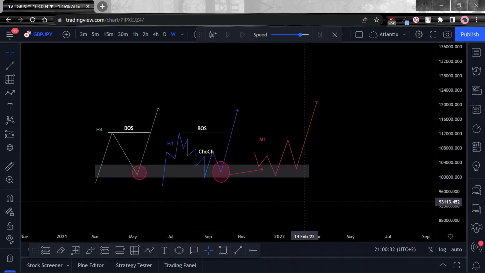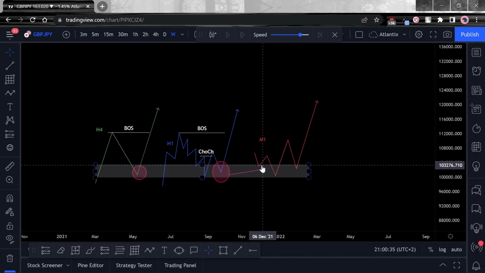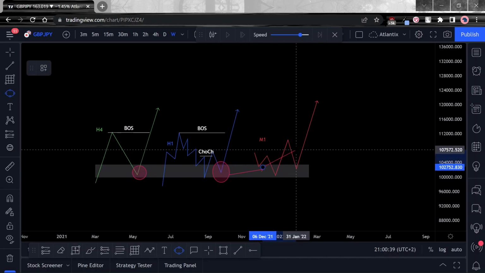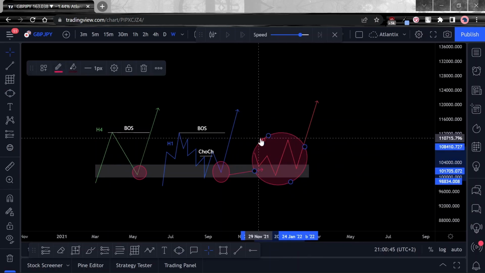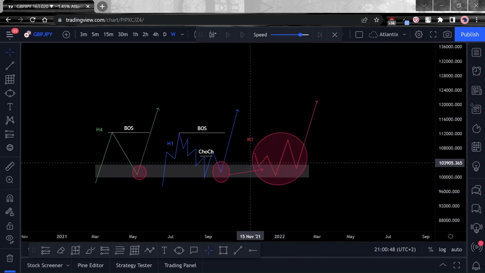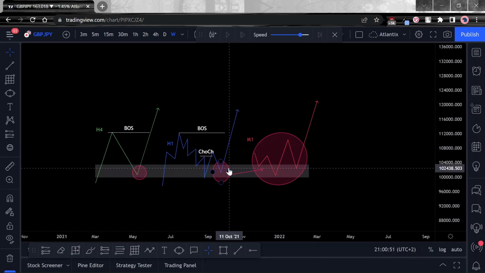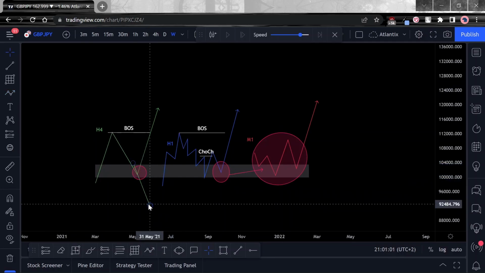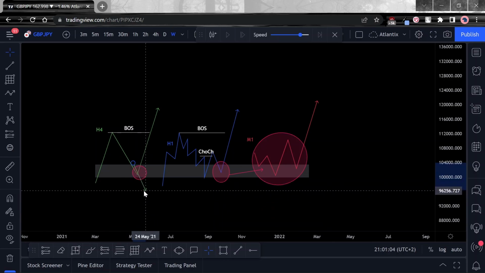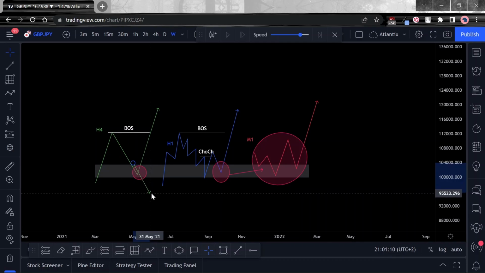Okay, so this is sort of the fractal nature of the markets that you need to be looking for. You are not trying to beat the market in any way. You're simply trying to listen to what the market is telling you, and whether the market is telling you that it's going to buy. If you don't see a change of character, it simply means the market is saying it's not going to buy. So it might as well just continue lower. And if you try and fight the market and continue to look for buys, the market can be wrong, you know, longer than you can sustain funding your trading account.